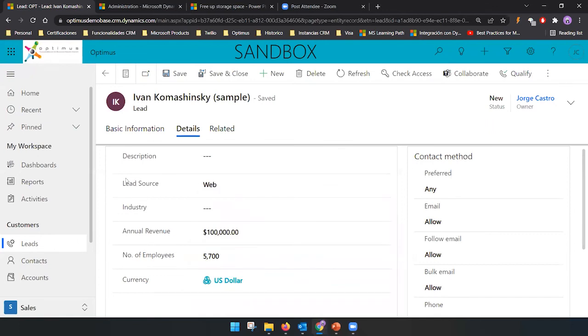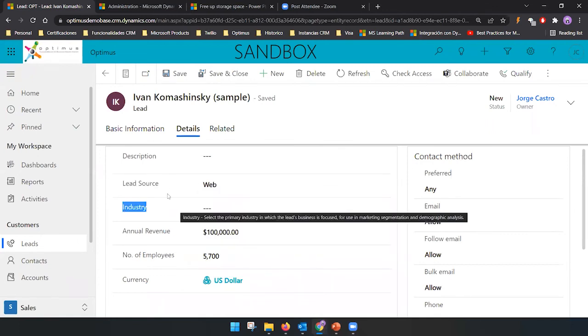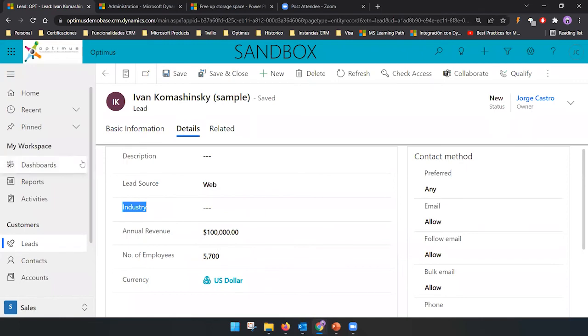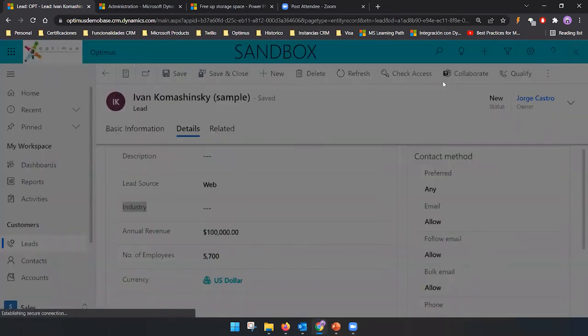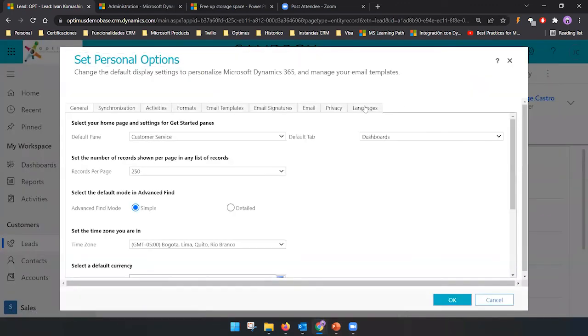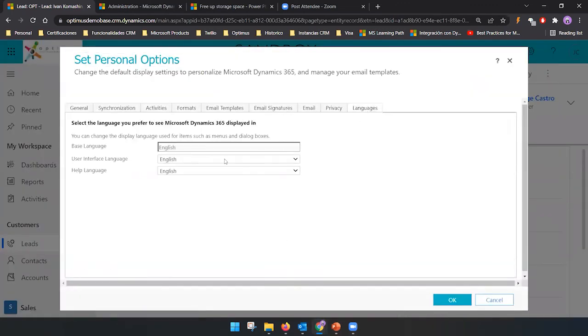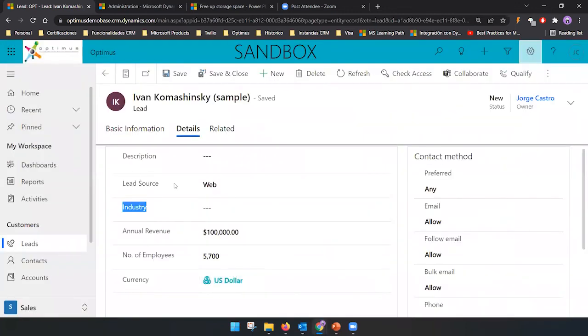So the information that is going to be changing is going to be just the labels. Okay, so what happened? If you install, for example, Spanish, you could come here and enter to personalization settings, and you could define the languages. You could define, okay, I want my user interface in a different language. So you could select here Spanish or whatever, and you could define here the help language again in the language that you prefer. You could do that, but the system is just going to change the out of the box